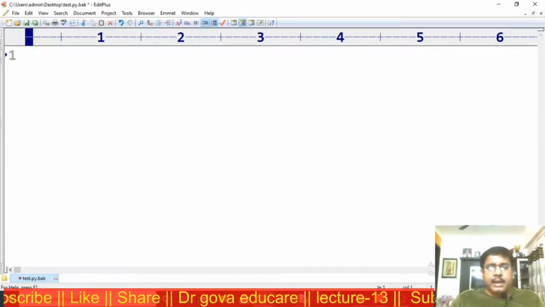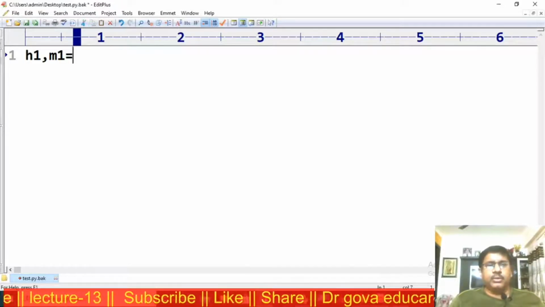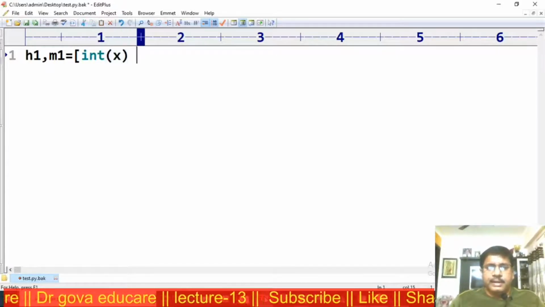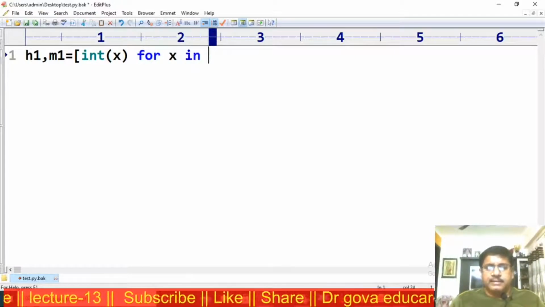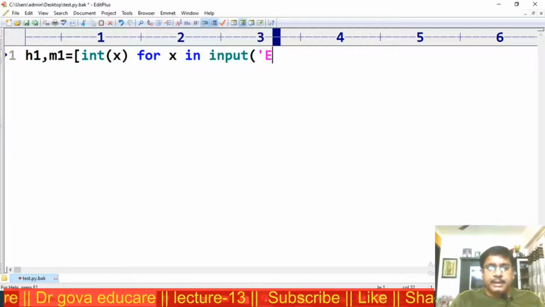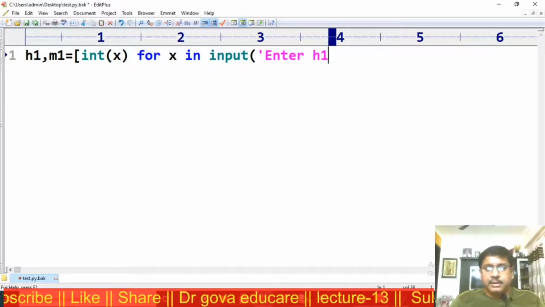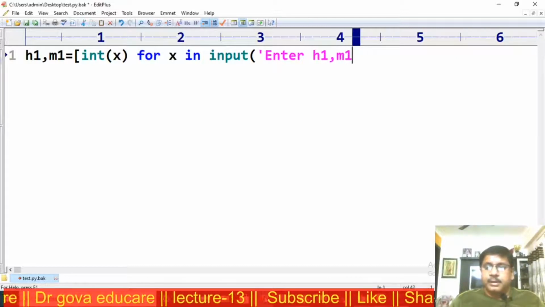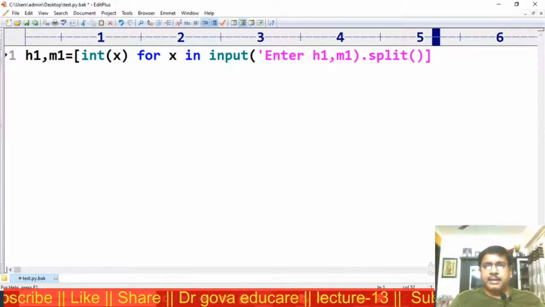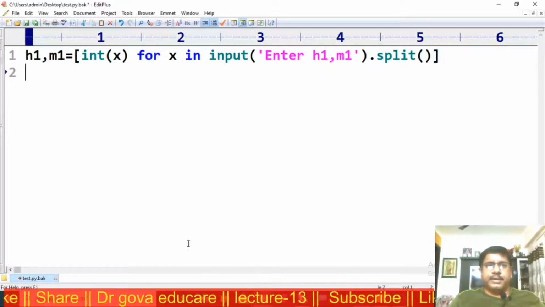In task 1, hour 1 comma minutes m1 is equal to, assuming both are integers, int of x for x in input, enter hours, h1 comma m1, dot split. Now similarly for the second task,